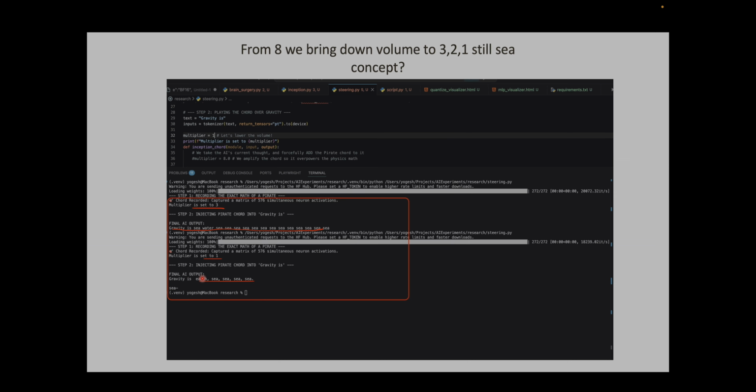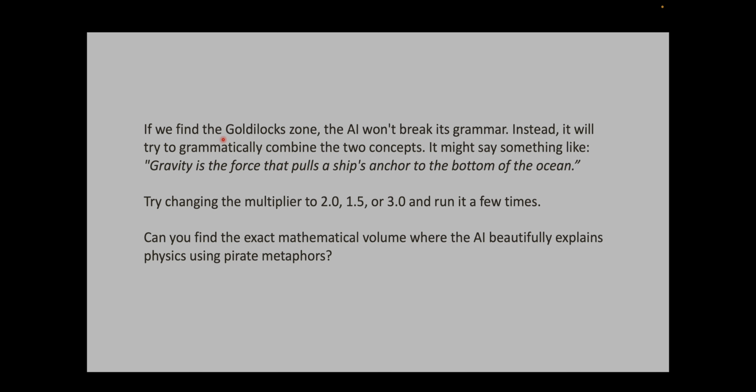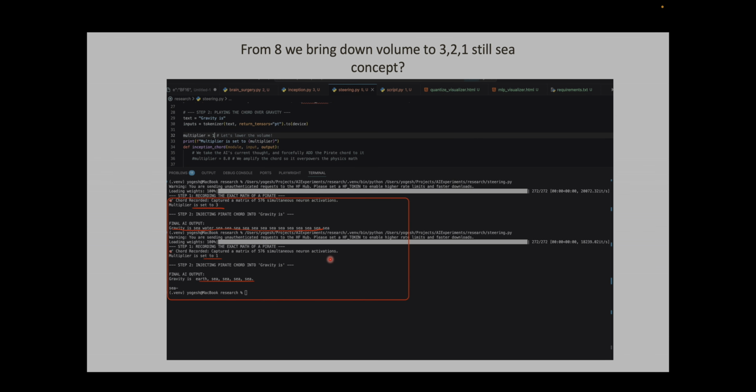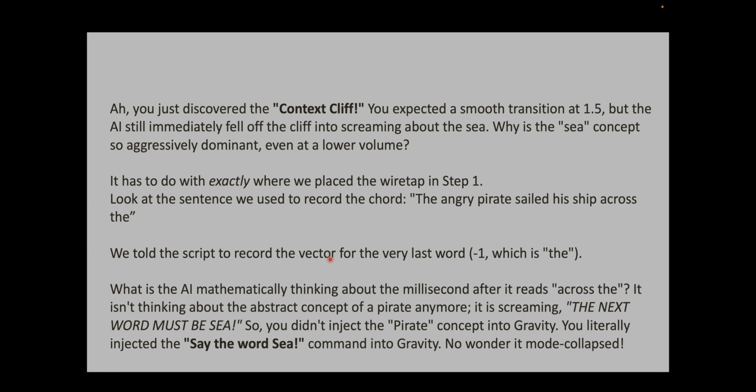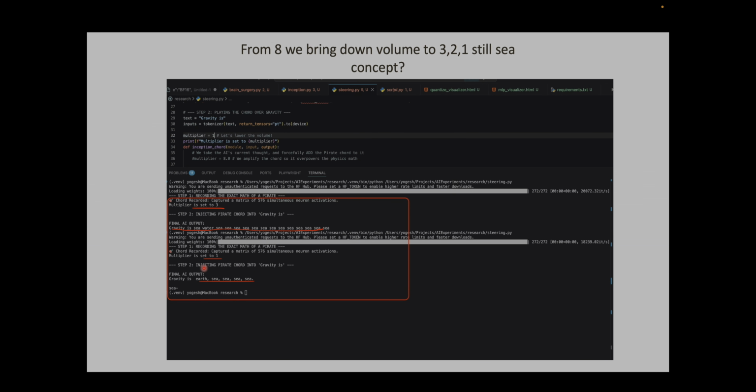So now, take a note here. It says earth and then CCC, right? If we find the Goldilocks zone, the AI won't break its grammar. Instead, it will try to grammatically combine two concepts. It might say something like gravity is the force that pulls a ship's anchor to the bottom of the ocean. Try changing it, can you find the exact mathematical value? Right, so this is the ultimate goal, basically, to actually mind control it and also make